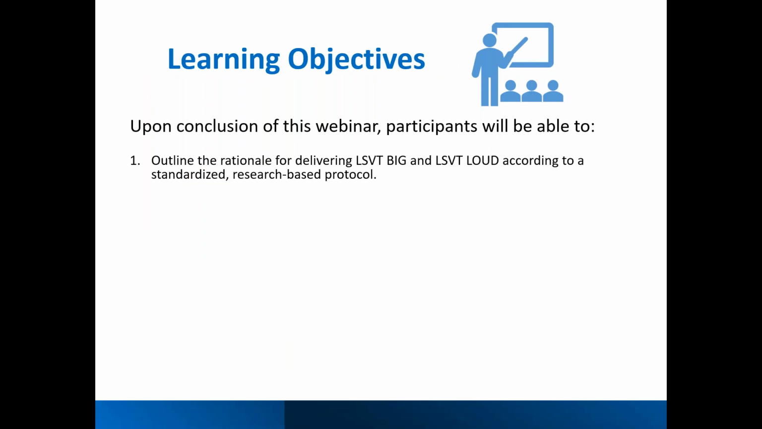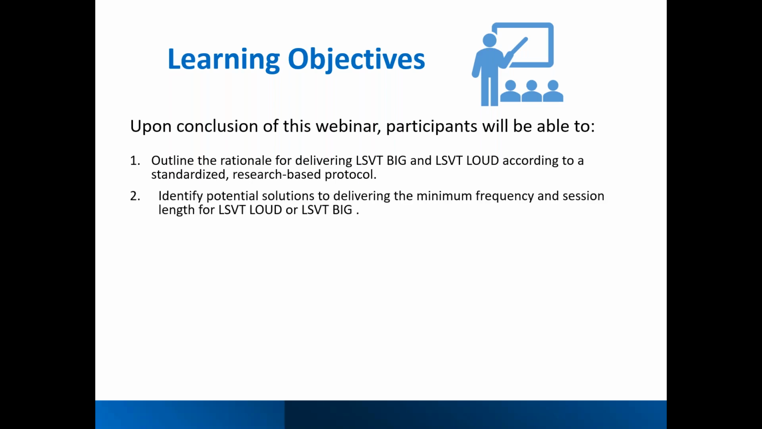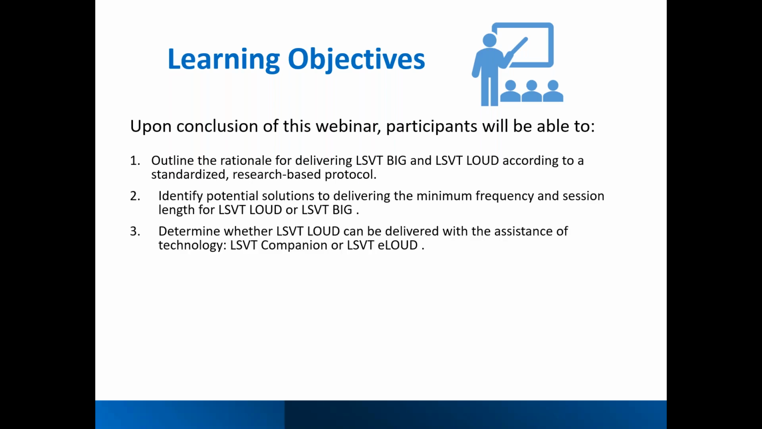By the end of this webinar, we hope that you'll be able to outline the rationale for delivering LSVT BIG and LSVT LOUD according to a standardized research-based protocol, identify potential solutions to delivering the minimum frequency and session length for LSVT LOUD or LSVT BIG, determine whether LSVT LOUD can be delivered with the assistance of technology, LSVT Companion or LSVT eLoud, and Beth will